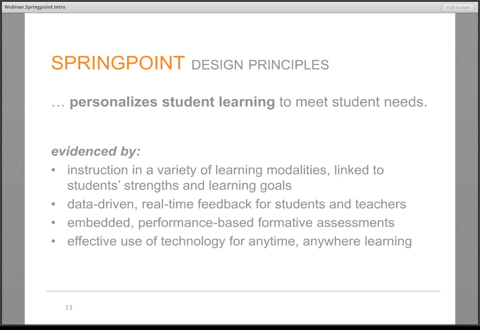The next principle says that a high-performing high school personalizes student learning to meet student needs. Personalization is really how we'll get there. Instruction needs to be varied to support student learning, and it really has to depend on the student's learning goals. We look at the data. What's working for that student, or what has worked before for students on similar learning trajectories? The assessment and the learning experience should be one and the same. So playing the game, building the circuit, writing the blog post, the learning experience produces the performance or the artifact to be assessed. And of course, technology should be used to support and connect learning in and out of school.